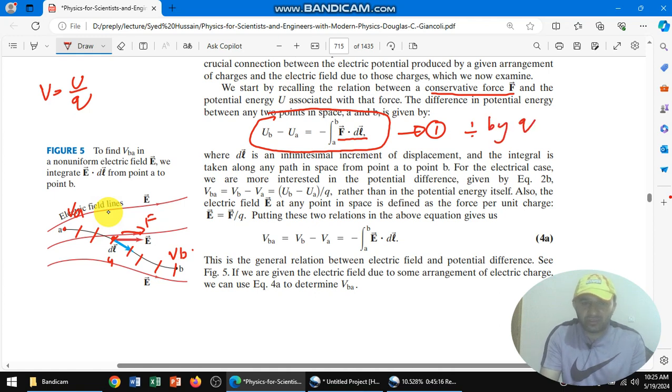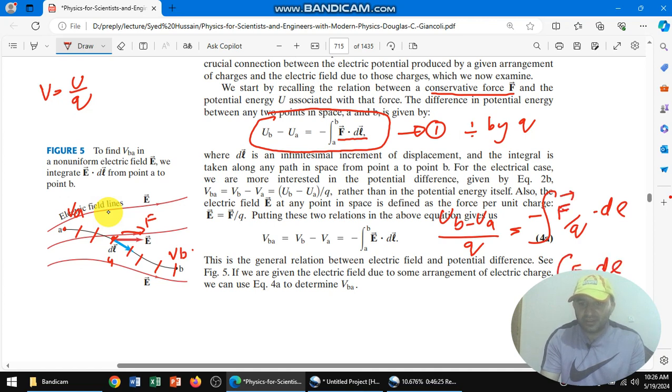We can write (UB minus UA) divided by Q, which is equal to the integral of F divided by Q dot dl. This F over Q is basically the electric field intensity E, so E dot dl from A to B, and UB minus UA is the change in potential energy. So the change in potential energy per unit charge is the potential